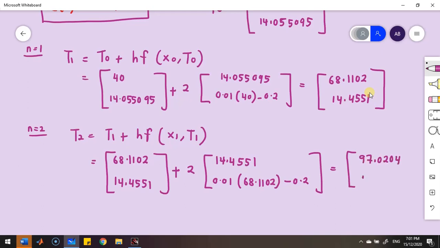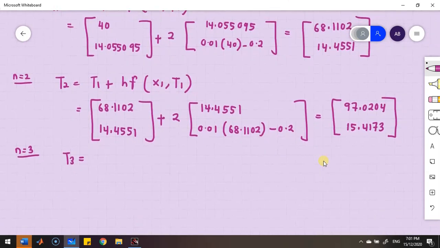97.0204, 15.4173. Okay, now for n equals 3, I have T3 equals, now I know you are feeling tired, but just hang in there, T2 plus hf of x2 T2. Am I doing it correctly? If I go too fast, I can get lost. Okay, let's calm down. T2,